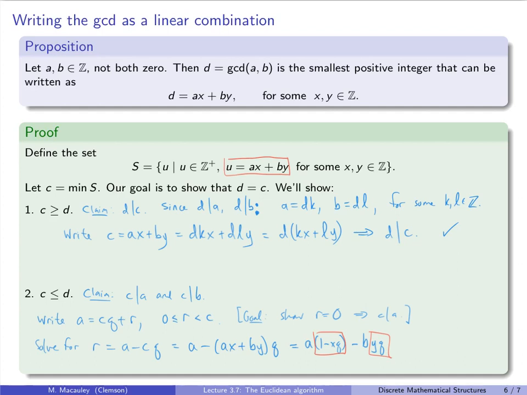So R is in S if it's positive, but R is less than the minimum element of S. So that means that R must be equal to 0. And so that confirms that indeed C divides A, and I will say that the proof that C divides B